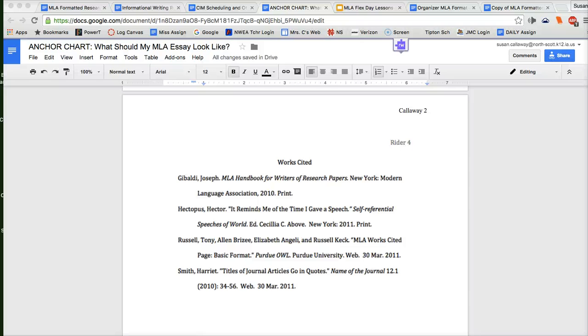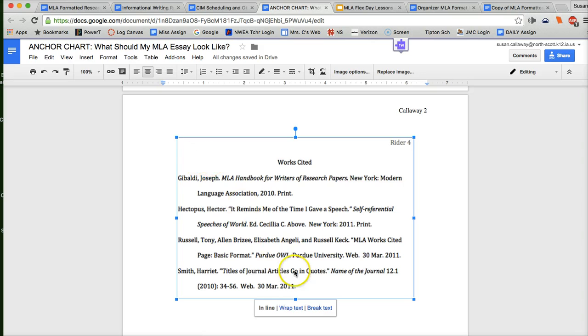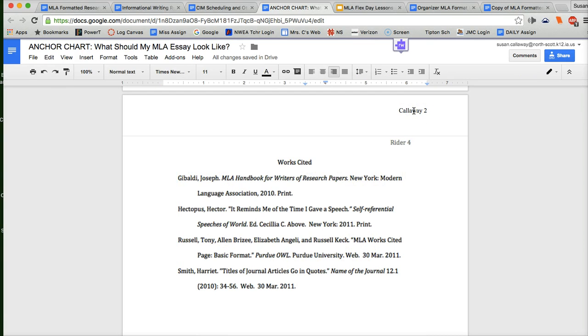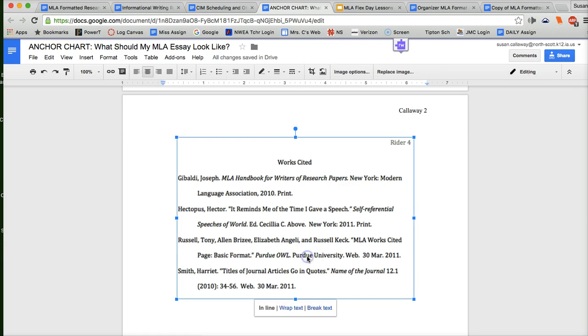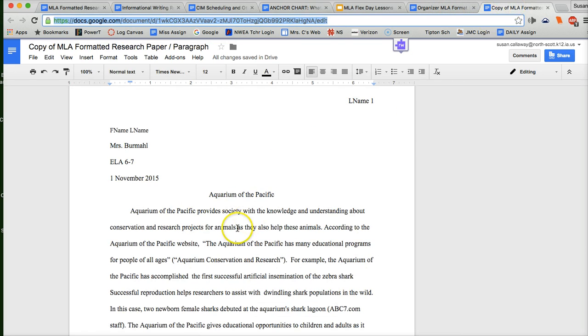This is a Works Cited page. If you'll notice, it's actually cut and pasted, so that's actually what it should be. This is simply the second page of your anchor chart, so that would not be there. There's your example of a Works Cited page, and in order to create one, let's go back to the essay